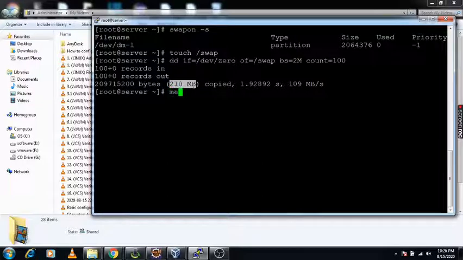Now I am using the command mkswap space /swap.